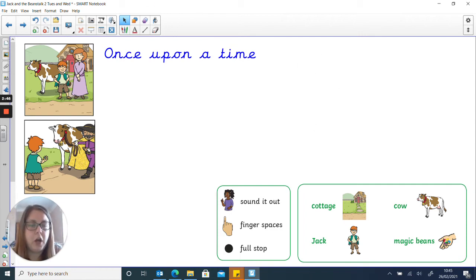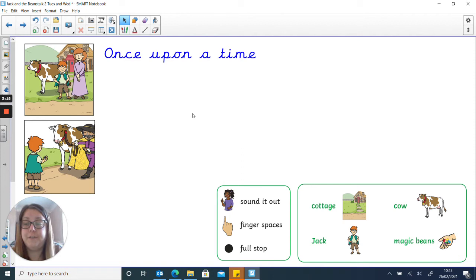There are a couple of words down here that may help you with your sentences if you want to use them, and it spells the words for you. So we've got cottage, cow, Jack, and magic beans. And they are probably some of the words that you can use. So instead of having to Fred talk them, they're already there for you. So look at the first picture. What is happening in this picture? So we might say, now we're going to start with once upon a time, and I've written that there for you